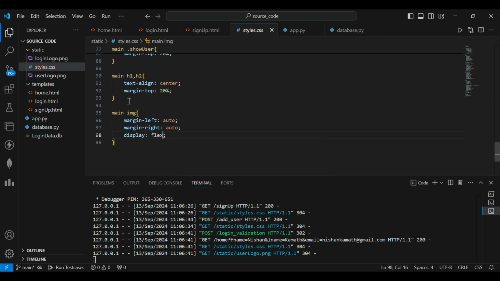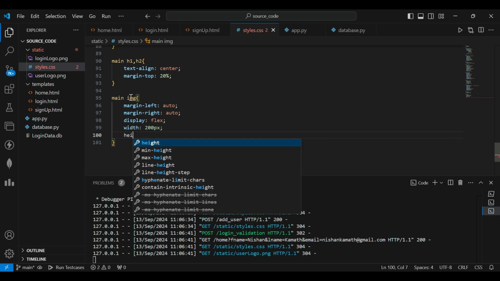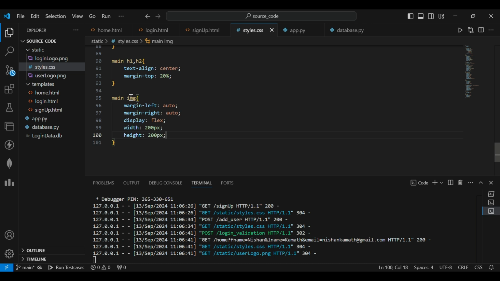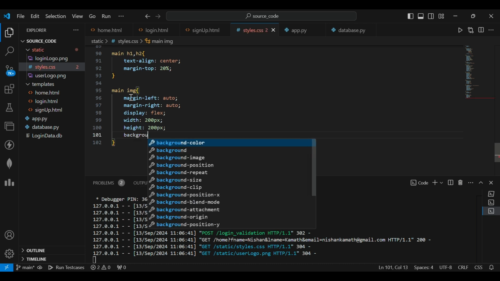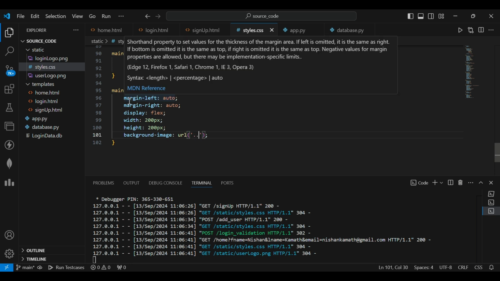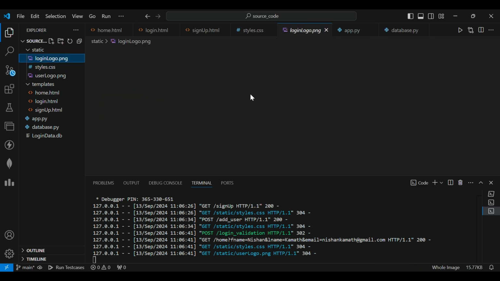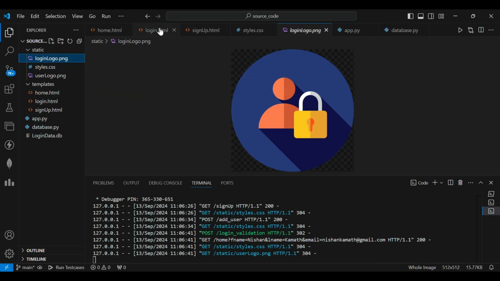It is used to make the image center, with width 200px, height 200px, background image url. It's in the static folder. I have already copied the image into the static folder, called the login png. You can see the image here,